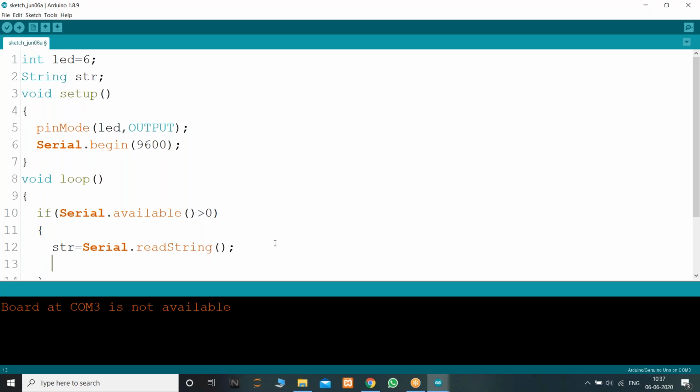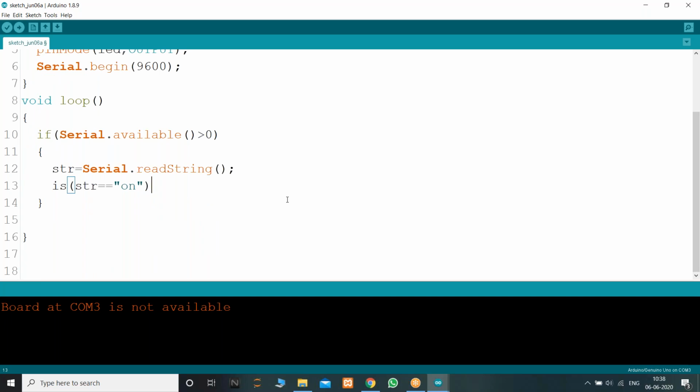Now we need to compare this str. If I'm getting a string which is equal to, here I need to compare with a string, that's why if I'm getting "on"... I just want to print this string also. So Serial dot println, I just want to print this string str.